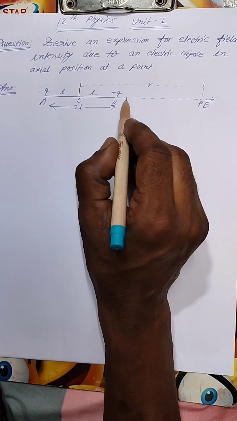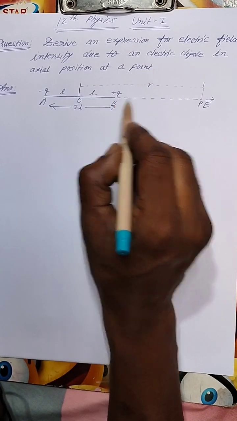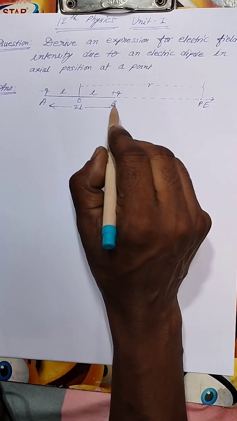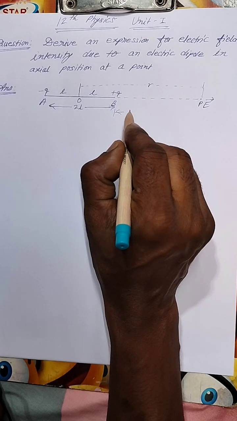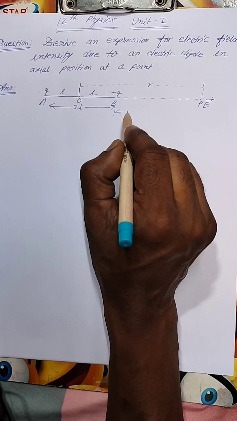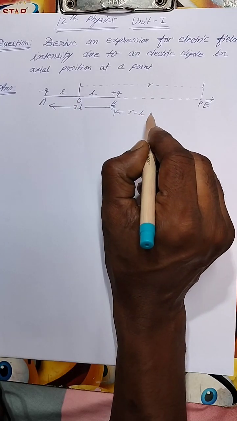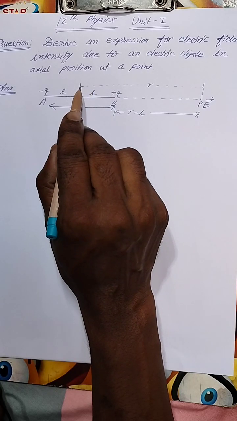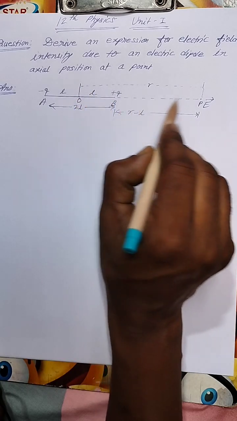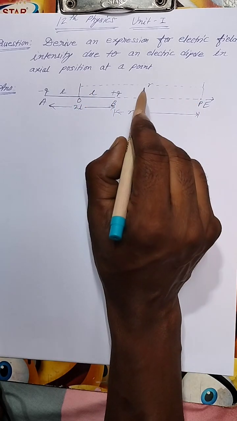Okay. Now the distance between B and P will be r minus L. Look here. The distance between O and point P is r,